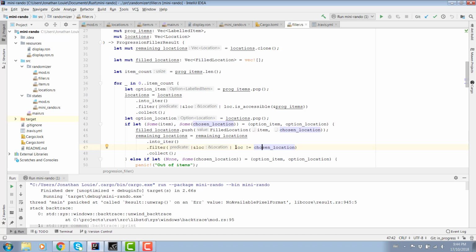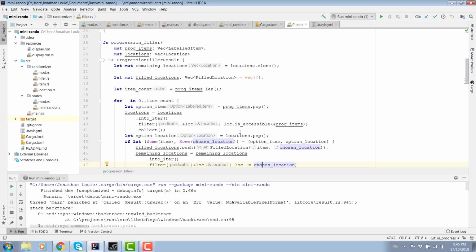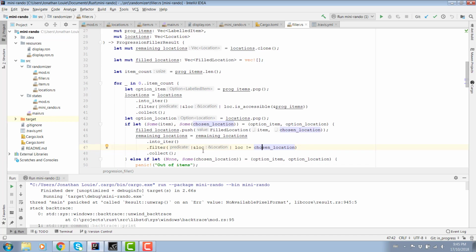Otherwise, it can't know, right? Well, I started thinking about this, and locations are all unique. You're never going to have two identical locations in your list of locations. It just doesn't make sense, because then you'd be double filling the same chest or same item location with items, and you just can't do that. It doesn't make any sense.